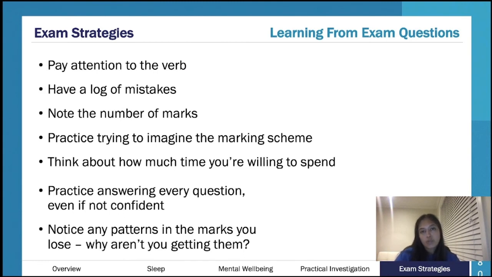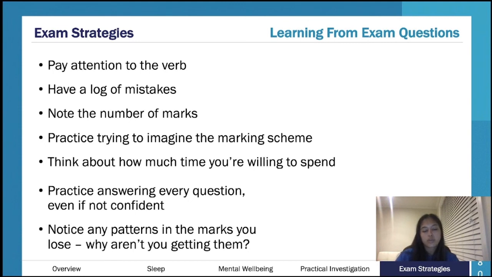So when you guys do get into your practice exams a little bit later on, command terms, super important. Making a log of your common mistakes, using your marking scheme, using your lines as sort of guidance. As a general rule of thumb, the 10 marker, I think I spent about half an hour, I want to say. Again, previous study design may be a little bit different. VCAA doesn't have a sample exam out, but they do have 2 10 markers up they've given for this study design. And I think they are a little bit more research based, honestly. But yeah, I would probably say half an hour-ish.